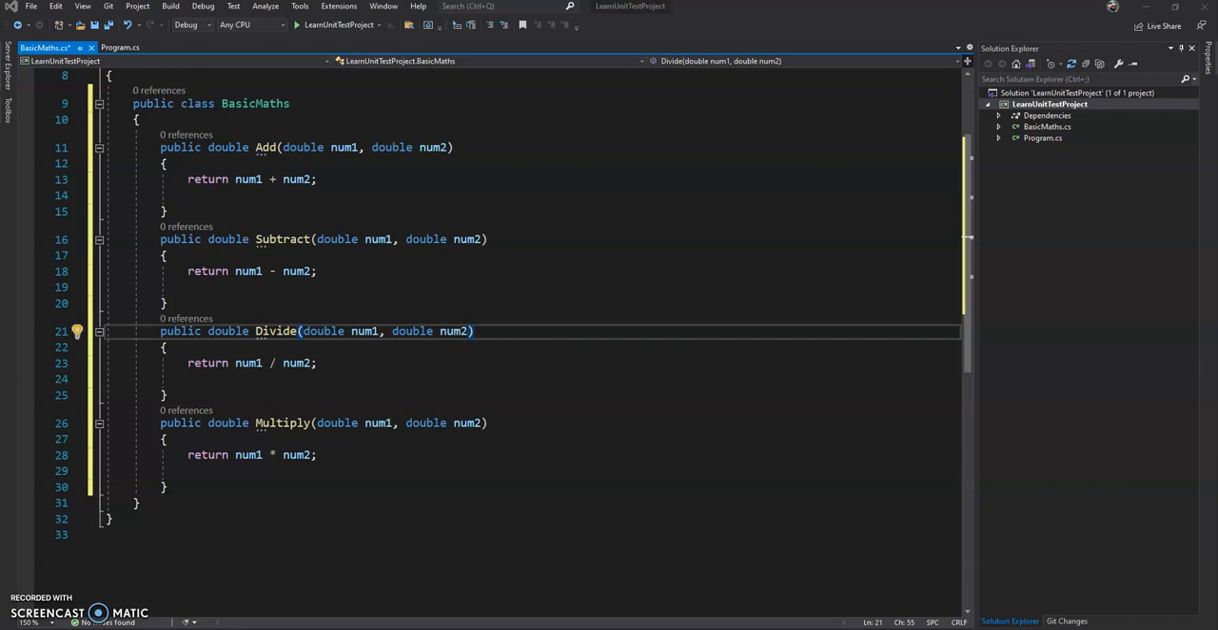So in our last video we saw how to create a simple console application, and then we saw that we have created one class called basic maths, and then in the basic maths class we have added a few methods: add, subtract, divide, multiply. And as you can notice, in this class we have created these four methods. So for these four methods, to test, what we are going to do is we are going to create one